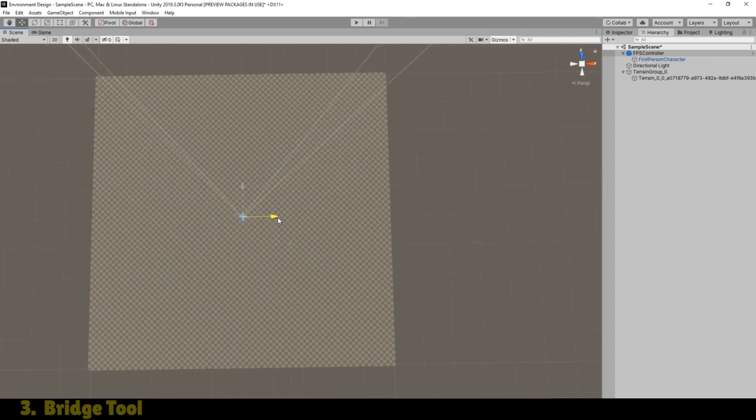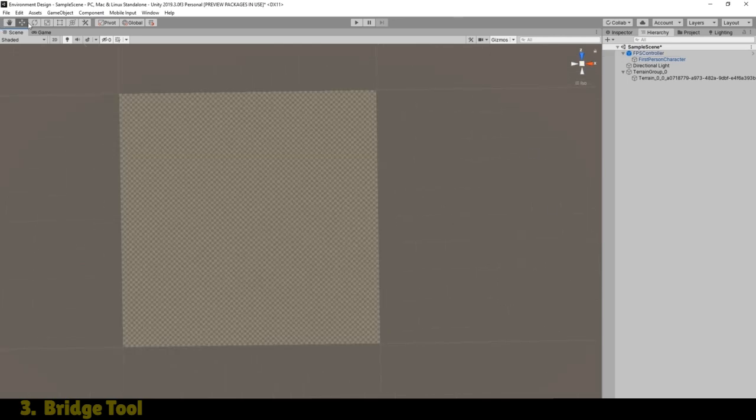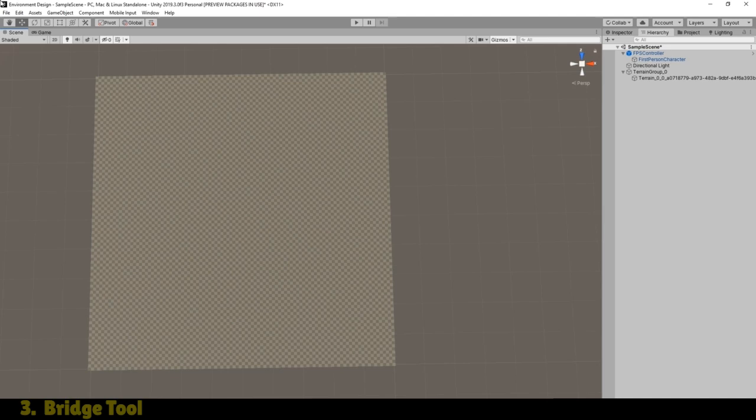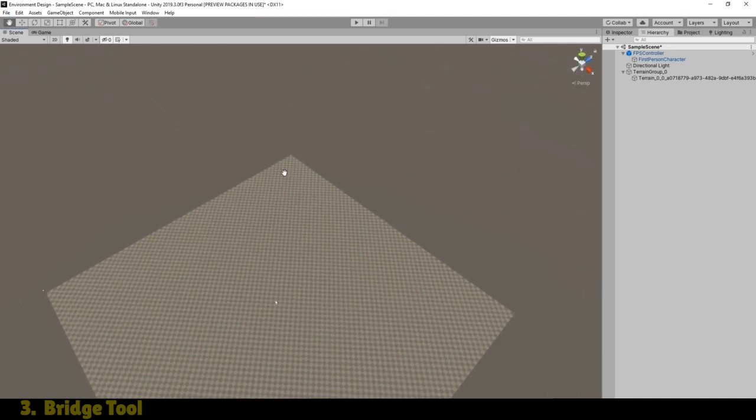About there, would you say? Yep, looks good. Okay, and then just click on the center box. Oh, that's taken me into ISO mode, now back into perspective mode. Okay,